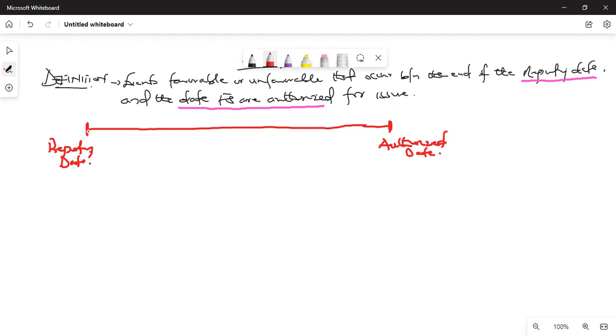So in between this timing, let's assume the accounting year is January to December. That means our reporting date will be 31st December. All right. Then here, if you are in Ghana and your accounting year ends in December, you have